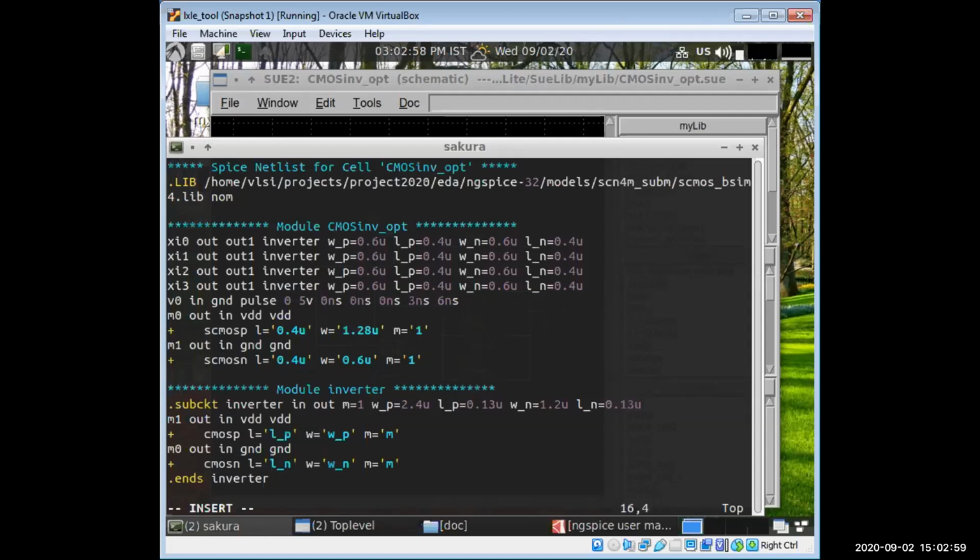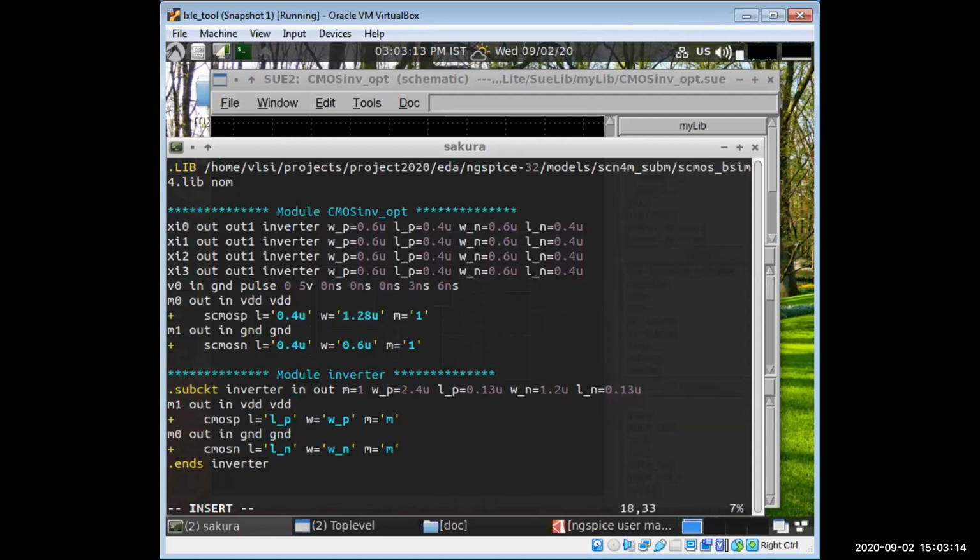Then the name of the module, that is inverter. Then the two nodes here, in and out, multiplier, the width. Okay, so this is an easy trick. What we can do is specify here only the width and length. Then when we are going to change the sizes, we only need to change the sizes here, not there, because the names are specified here.